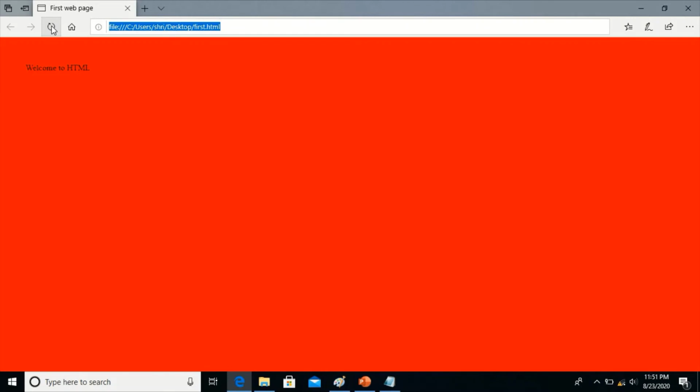So as we have used top margin equal to 50, left margin is equal to 50, you can see here some margin is kept at the top and at the left. We have also used BG color equal to red. So the background color given for this web page is red. This is how the attributes can be used for formatting the page. Now let us go to the notepad file once again.